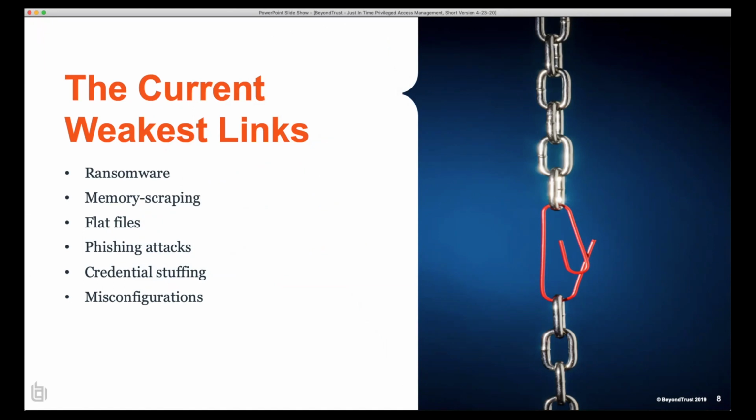Don't think that you're immune if you have a machine at home and you're VPN'd into the corporate network, that your home machine or your corporate machine can't infect the environment for ransomware. If you're using VPN, you've just extended your network out. It is still the most major corporate and current weakest link.